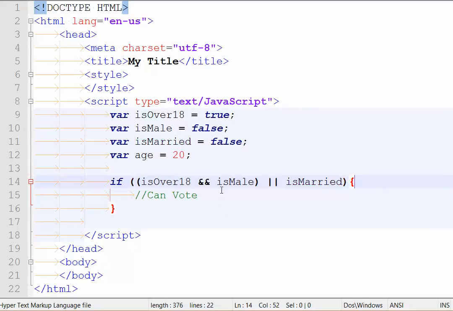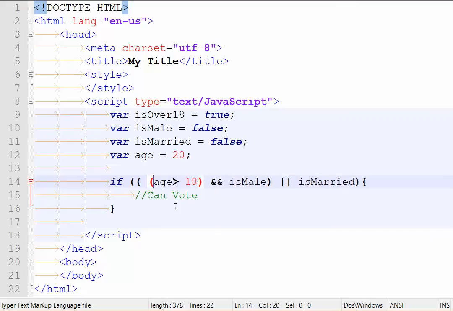Now, just to finish this off, I wanted to show you one last thing, that you can mix and match, because the whole point of this condition in here is whether it evaluates to true or false. So anything that evaluates to true or false can be used in this statement. So the things that we did last week can be mixed in here with that. So for example, if we replace isOver18 with age is greater than 18,